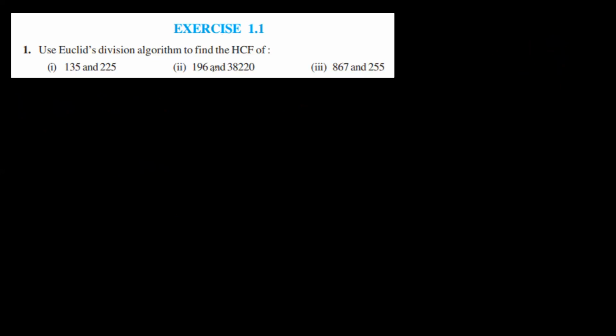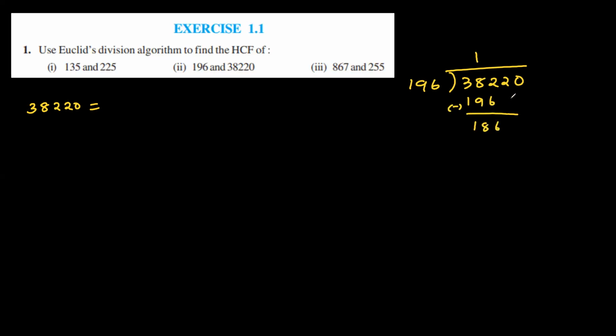So second subdivision, 196 and 38,220. Obviously, the greatest number will be 38,220. We are going to divide it by 196. So 38,220 divided by 196. 1 times 196, when we subtract, we get 186, and the next number 2118,